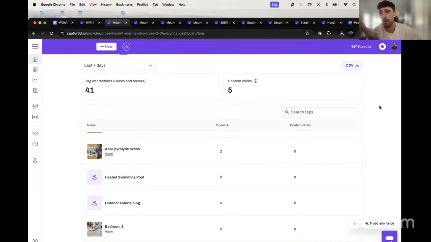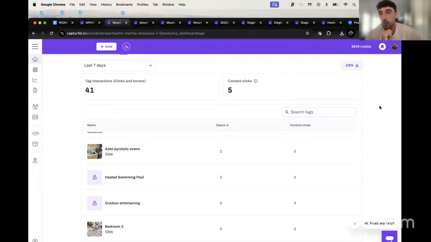So as I said before, getting an overview of analytics of general views that the tours had is great. But people want to really dive in to see how specific elements in the tour are being interacted with. So how tags are getting clicked, comparing and contrasting tag clicks against other tags and understanding why there might be a difference in the number of clicks.